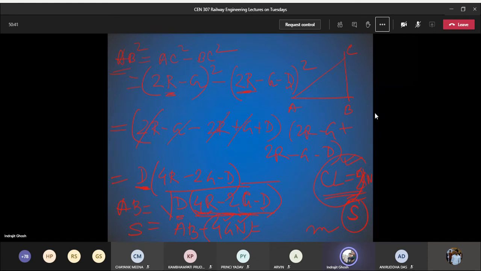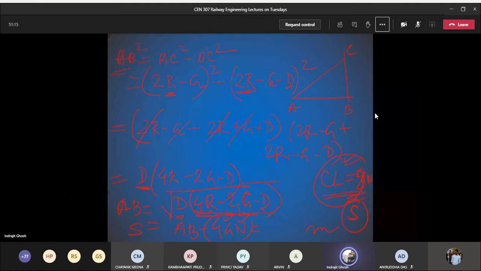Now, when you have a crossover, we have talked about three different cases of crossover. Once when there is a straight portion, once there is no straight portion, one horizontal curve meeting another horizontal curve, a reverse curve. And the second case was divided into two different parts: R1 and R2 are the same, or R1 and R2 are not the same. Similarly, consequently, the angle of crossing is also not the same.